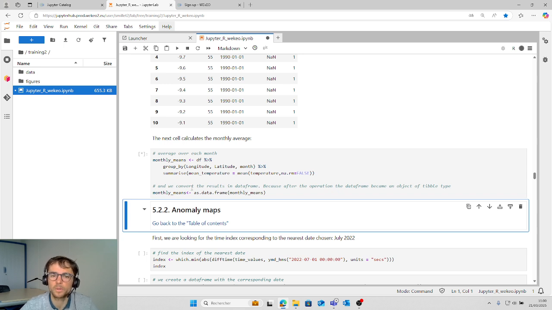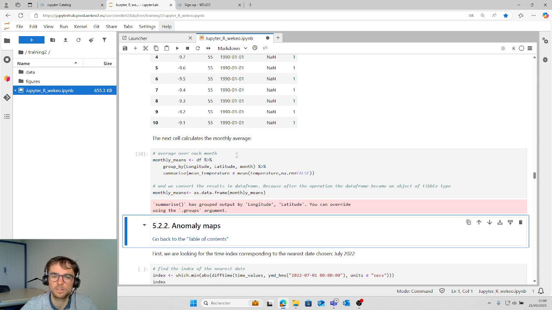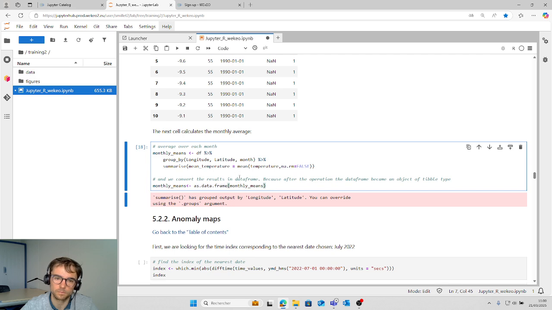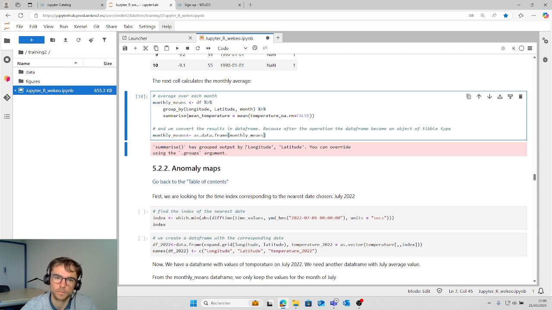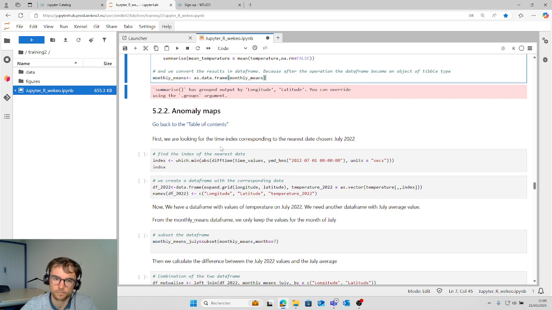And finally, we convert the result to a data frame because with this manipulation, it is a table type and not a data frame. So we use this line. Here you have a warning message, but it is not important.